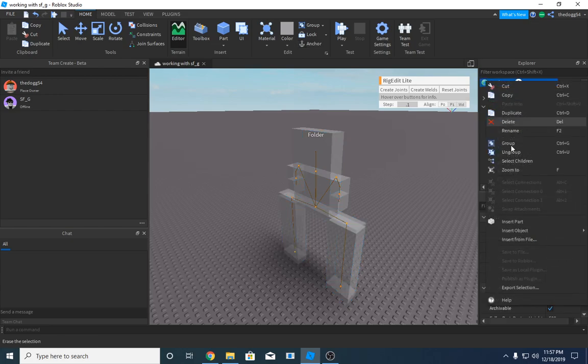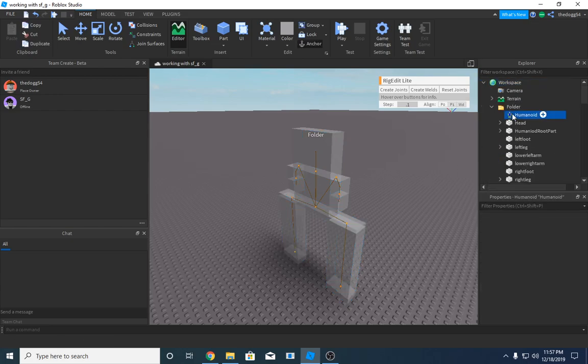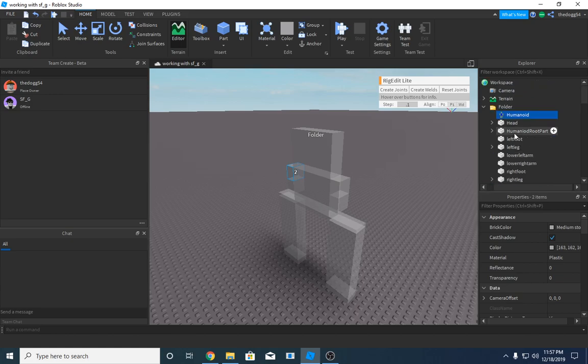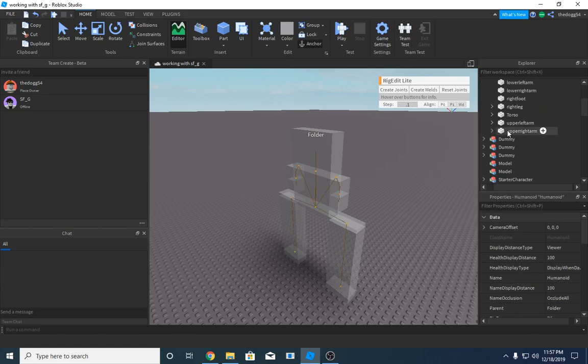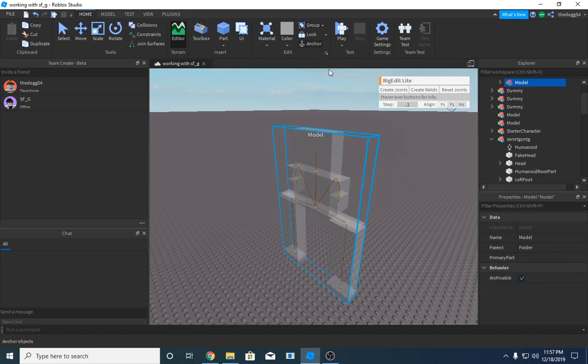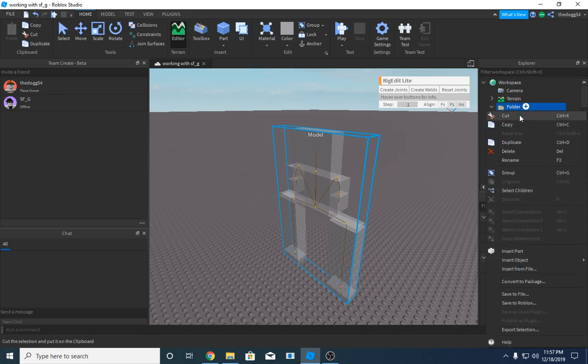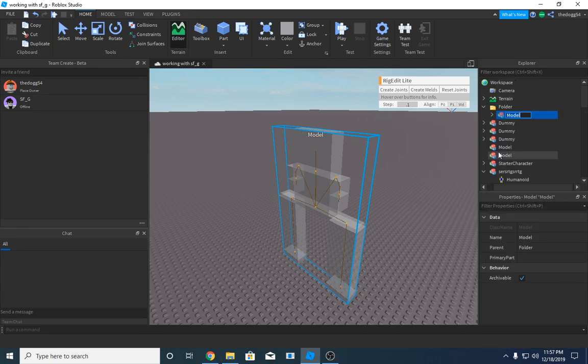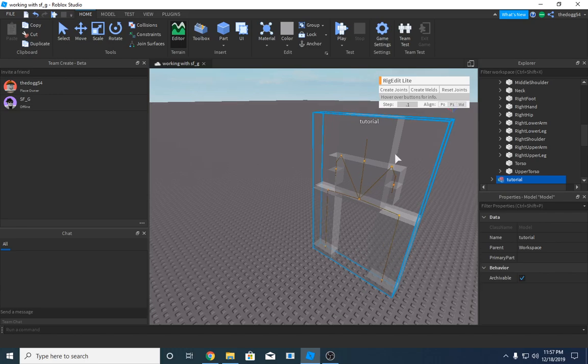So yeah, make a new, or I guess you can just take everything and do that, and then rename it to whatever. We can rename it tutorial,